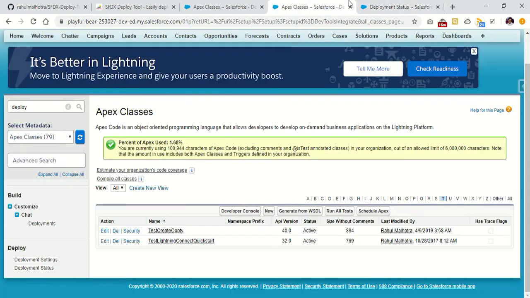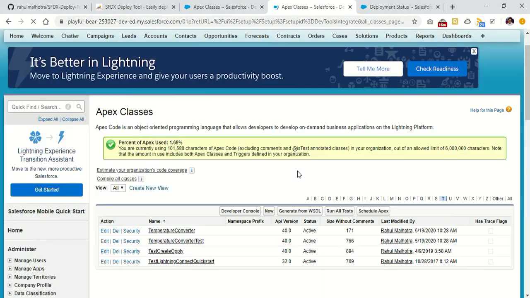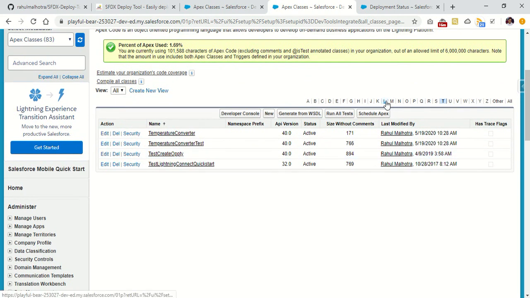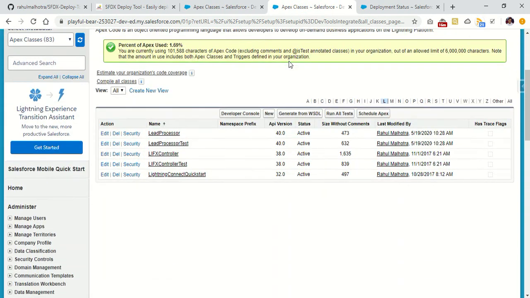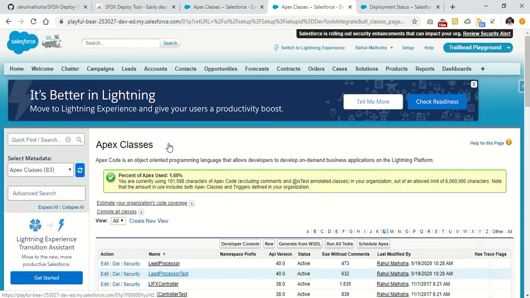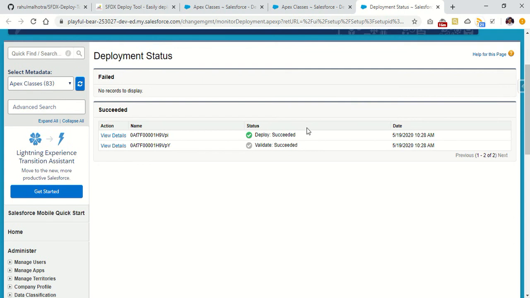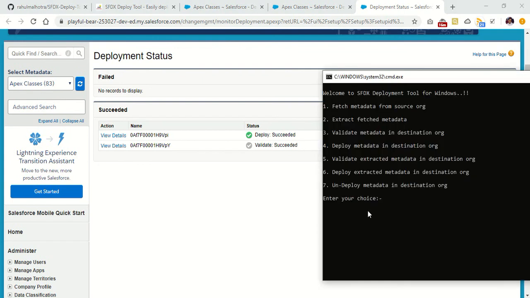Okay, so let's go to our Apex classes in the destination org, and we'll refresh this page to see if we have our temperature converter Apex classes here or not. So you can see here that my deployment is done successfully, and it has recently been done, and the temperature converter and temperature converter test are there. And if I go to my lead processor test classes, here I can see that my lead processor class and lead processor test class is also there, right? So these 4 Apex classes are deployed just now while I'm creating this tutorial,